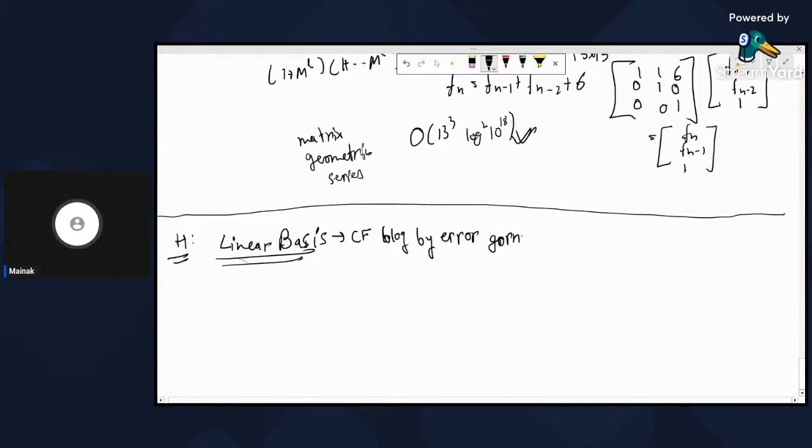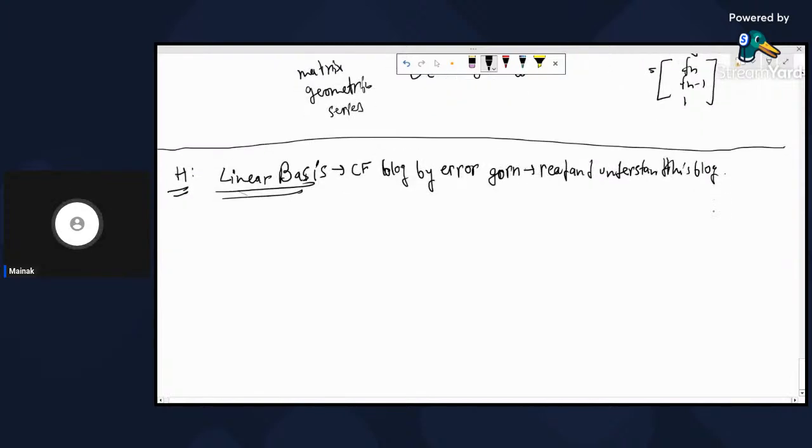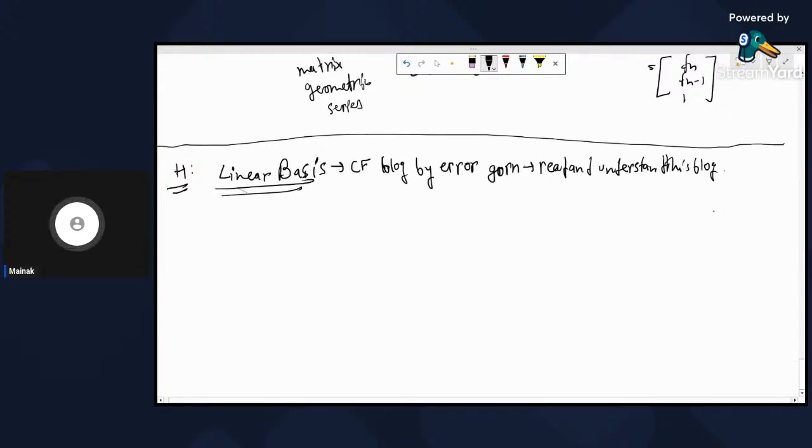So just take the code from there or read and understand this blog. Once you understand this blog, you will get an idea of how to solve the problem. I mean, not right away, but I will explain how to solve the problem provided you know how to do linear basis. So basically, the problem is that you are